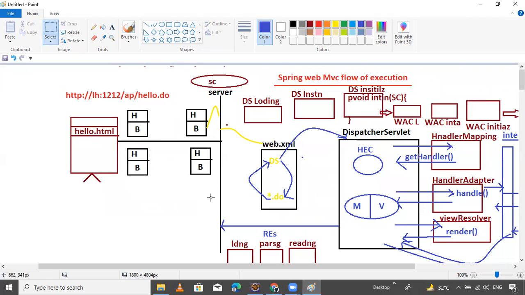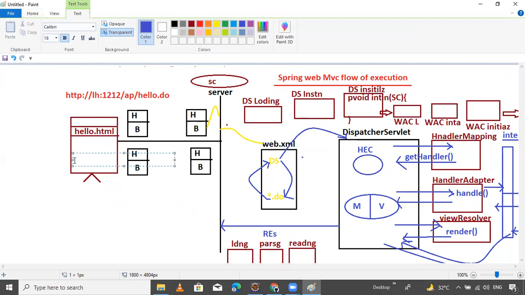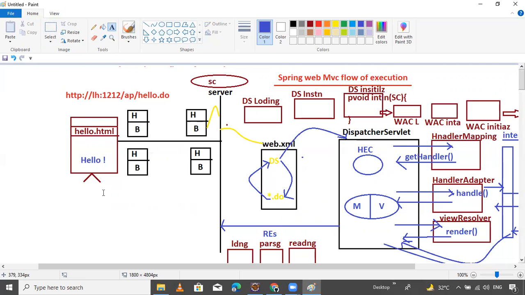Now hit the request format and you will get the output, suppose hello friend. Hello. This is the total flow. This is for the response. This is for the request.